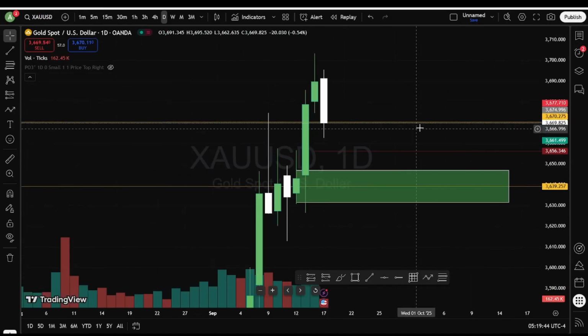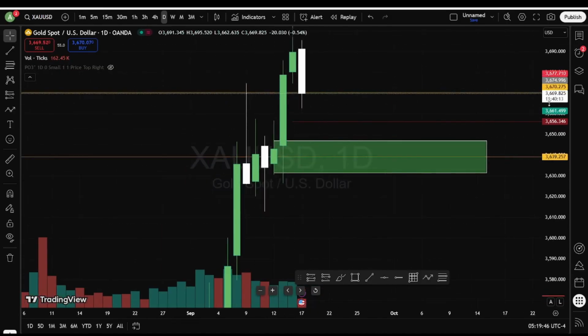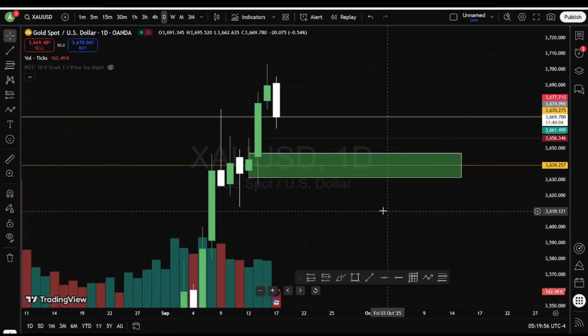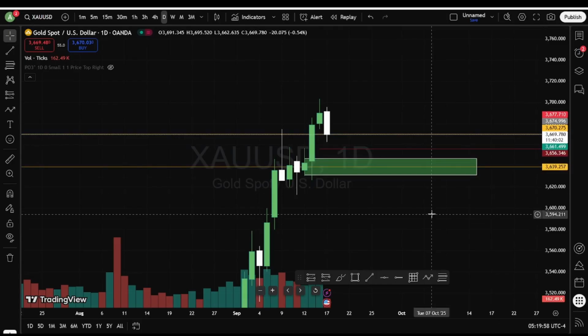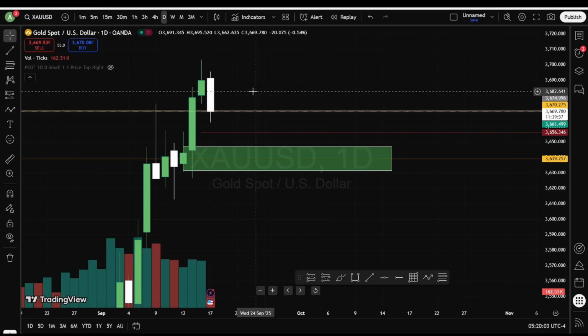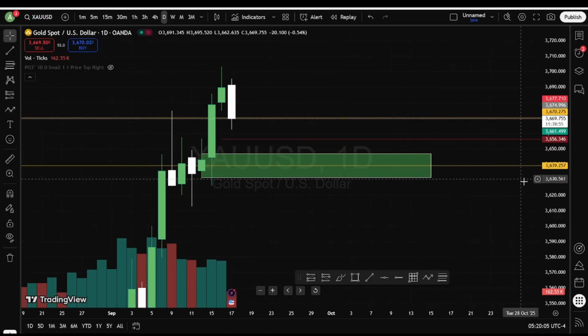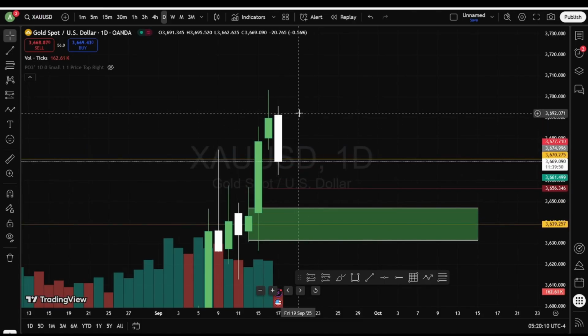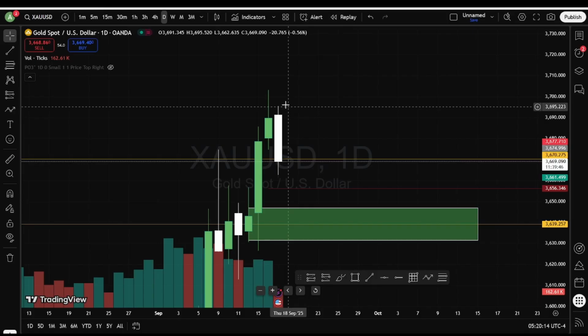So here we can see this is our day candle, today's candle. This is the previous day candle. Okay, so we are going to analyze where we can go for buy and where we can sell. Today in the Asian session, gold went upwards to grab new buy orders above this level.